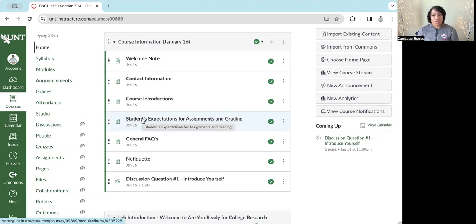So I'll start with one class, say it's maybe a face-to-face class that meets on Monday. I'll start with the earliest class first, and then I'll move to my afternoon face-to-face class, and then I'll move into, say, my first online class and then my second online class. So that grading cycle rotates. Maybe the next time I'll start with my afternoon face-to-face class, and then my two virtual classes, and then move back to my morning class, and so forth and so on. And so with each assignment, you never know where I am on the grading cycle.